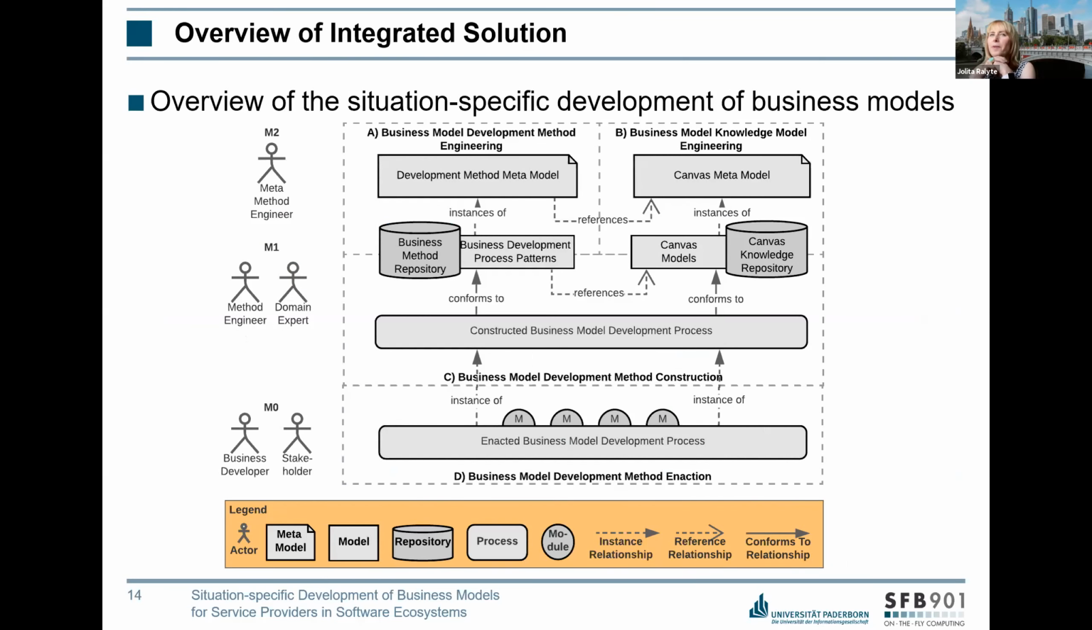So for example, what you call meta-method engineering, for me, it's a method engineering theory. And in the situational method engineering domain, we already have several approaches that you could just choose and apply for your method building approach. So what you call development method, meta model,